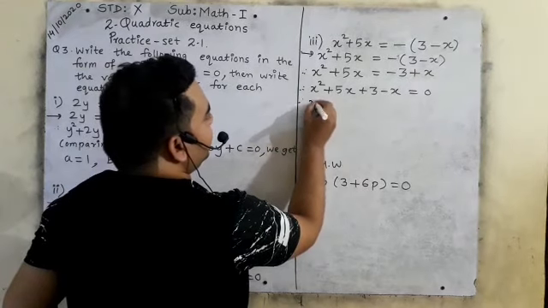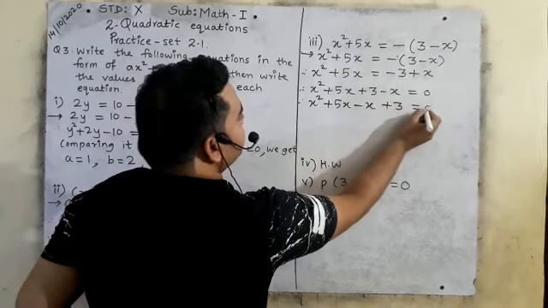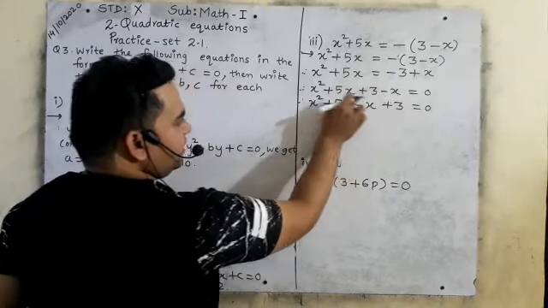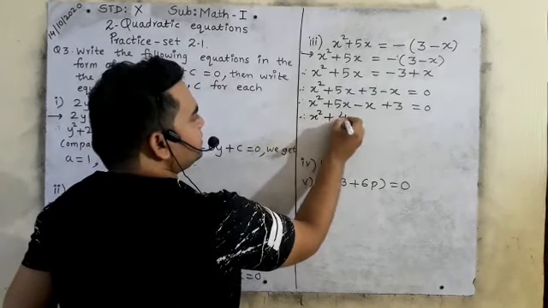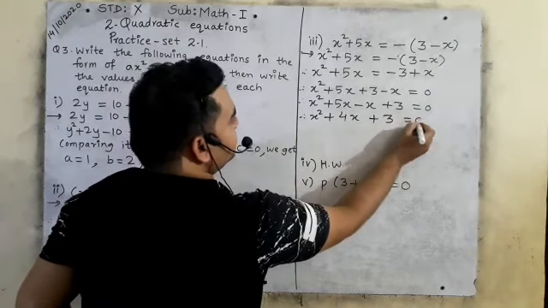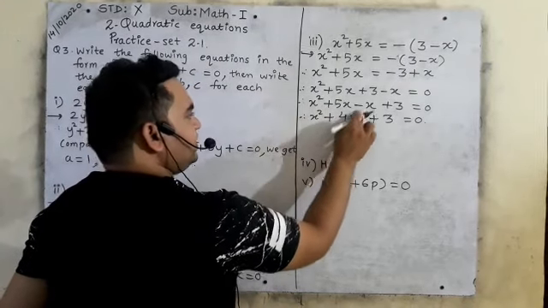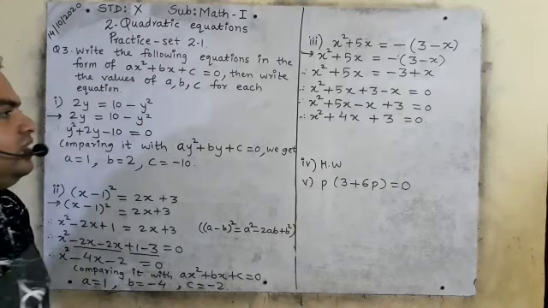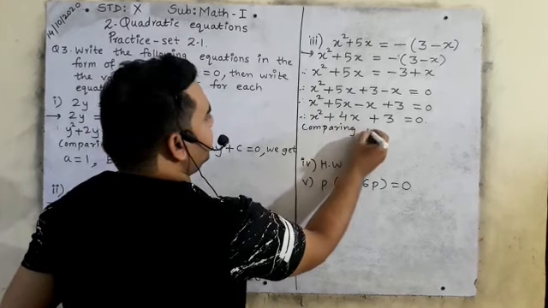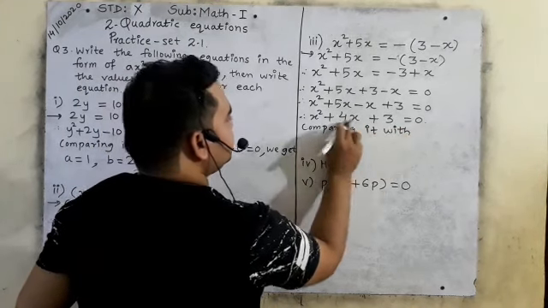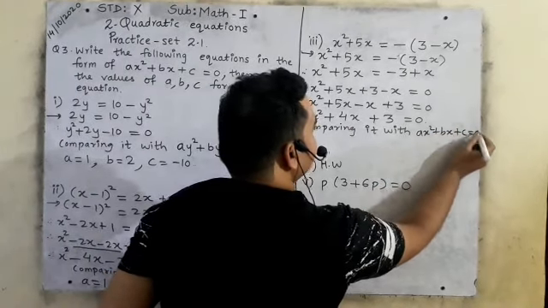Now find out the like terms. X square plus 5x minus x plus 3 is equals to 0. See, these are the like terms. That's why we have taken them close to each other, right? 5x minus 1x, there is 4x, right? X square plus 4x plus 3 is equals to 0, right? Now we will compare. This is in the standard form. Yes, x square, x raised to 1, x raised to 0. It is in the standard form. Now we will compare it. Comparing it, x is there only. So directly we will write a x square plus b x plus c is equals to 0.